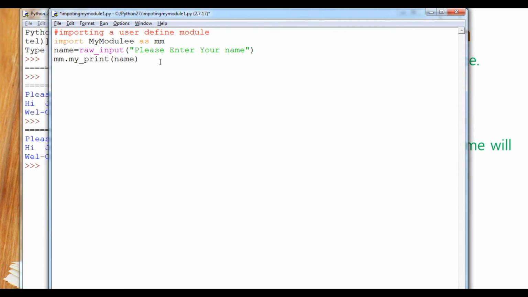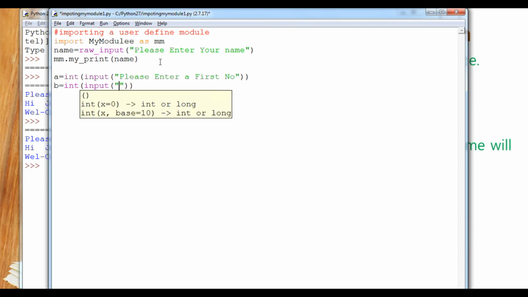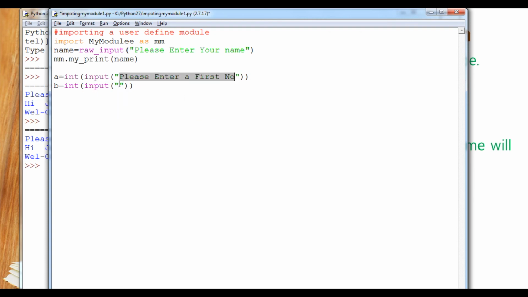Now next one thing, I am asking the user to input two different values. So here a variable, I will typecast it integer input. Within that I will ask the user, please enter a number. Okay, or first number we can say. For b also I am going to typecast input, then same line I will copy, but here I will paste second number. Okay student,